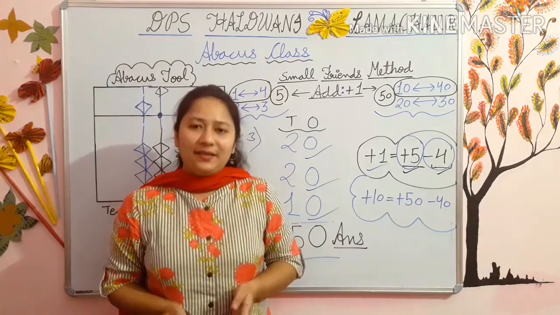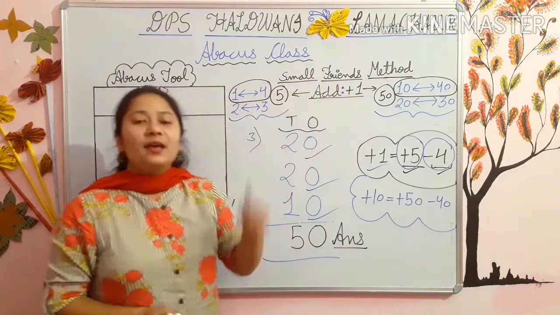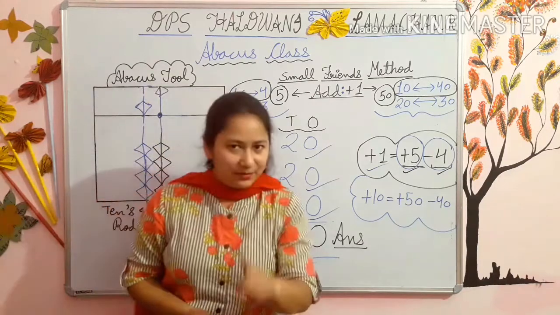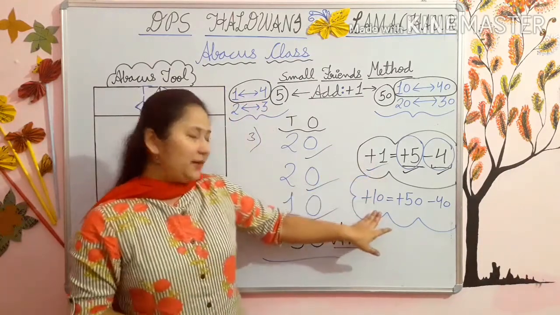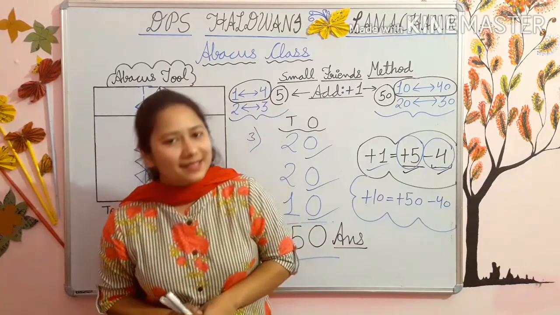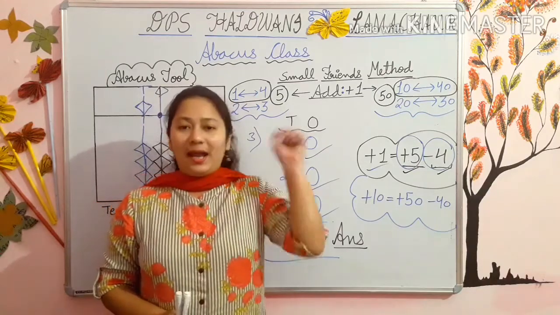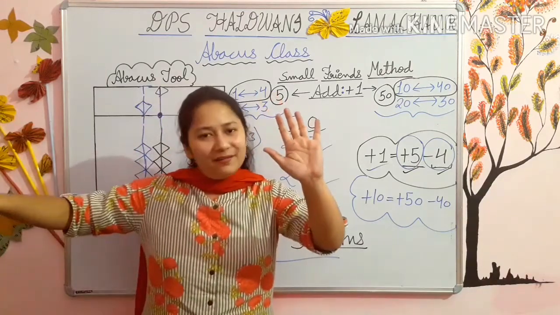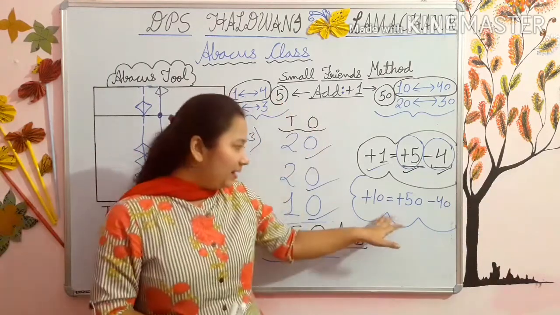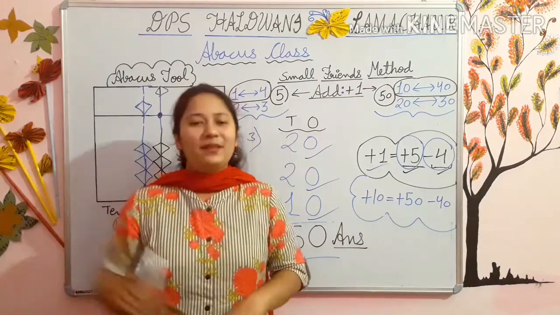Students, with this video, I have given you one practice PDF. All the sums in that PDF are related to +1. Yes, either you have to add +1 or you have to add plus 10. या तो आपको plus 1 ऐड करना होगा या plus 10 करना होगा. For 1 what you have to do, add 5, subtract the friend. And for 10 what you have to do, add 50 and subtract the friend.